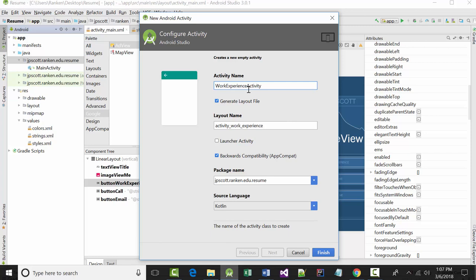But we want work experience activity. The layout name will then be activity work experience, which is fine. If you don't know, launcher activity typically means, is that how you want to use that to start the program? No, we're not going to use that to launch anything. All right? Backwards compatibility, you should always leave that. The package name should be the same as the one you had previously. And again, the source language should be Kotlin. And if you click finish,